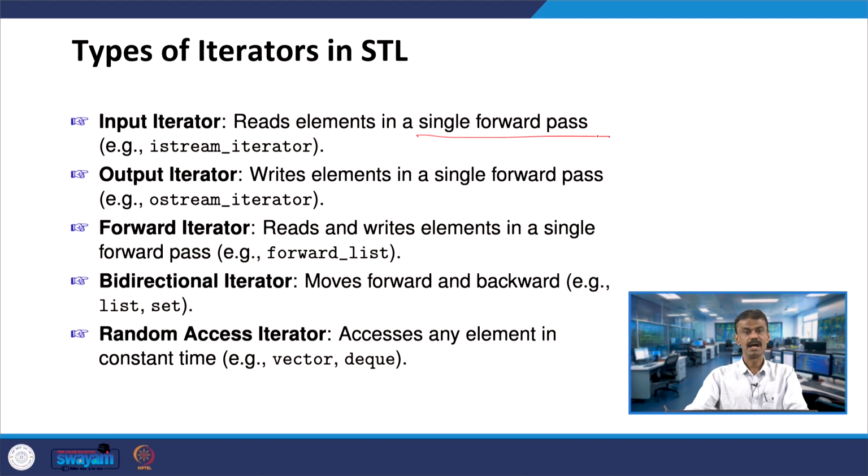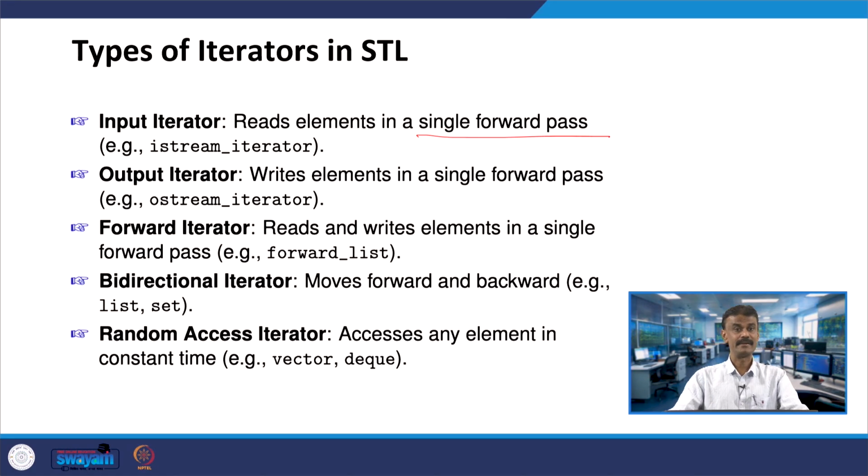You call it an istream_iterator. This is an example of an output iterator, which is for writing. So, the reading is now a writing: writing elements in a single forward pass. The ostream_iterator is an example. Now, if you want to both read and write elements in a single forward pass,